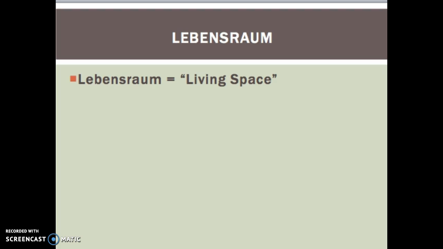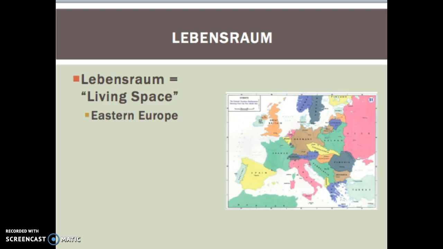So where was Germany to find all of this living space? Eastern Europe. Hitler argued that Germany could expand eastward into the nations of Poland, Czechoslovakia, and the Soviet Union. He justified doing this by claiming that the peoples of this region, specifically Russians and Ukrainians, Poles and Czechs, were inferior to Germans. These peoples would be either put to work for the Germans as slaves, or they would be exterminated.